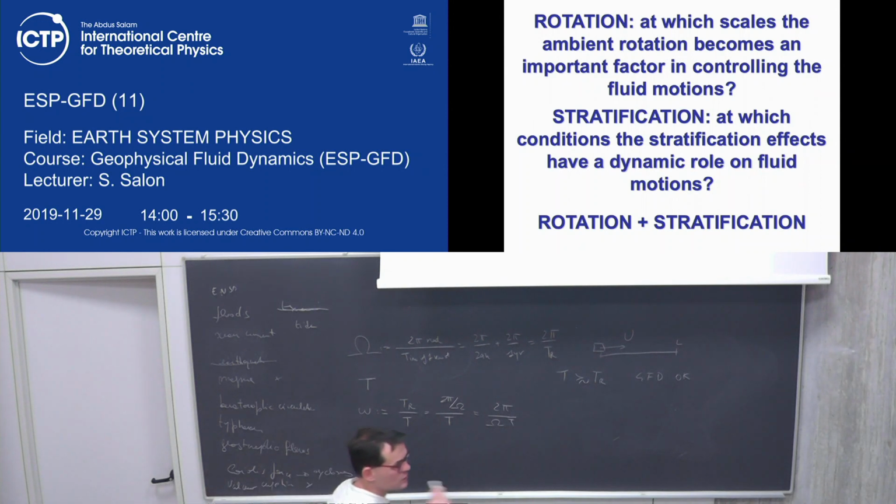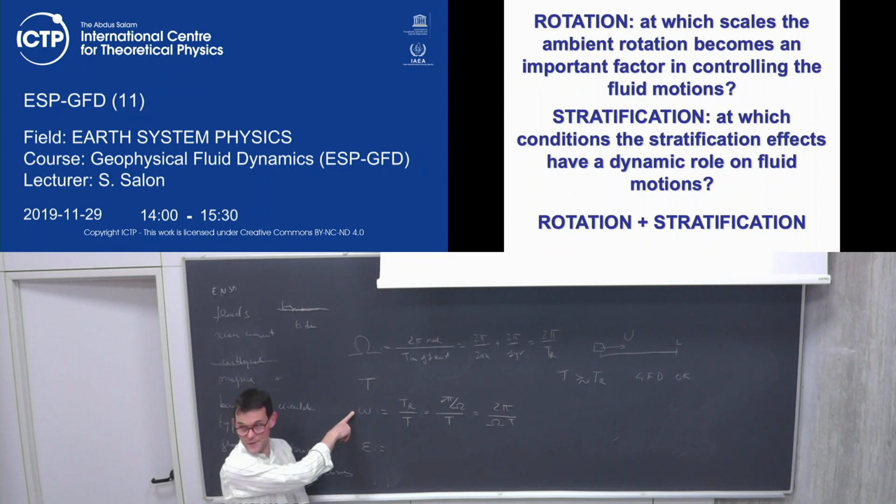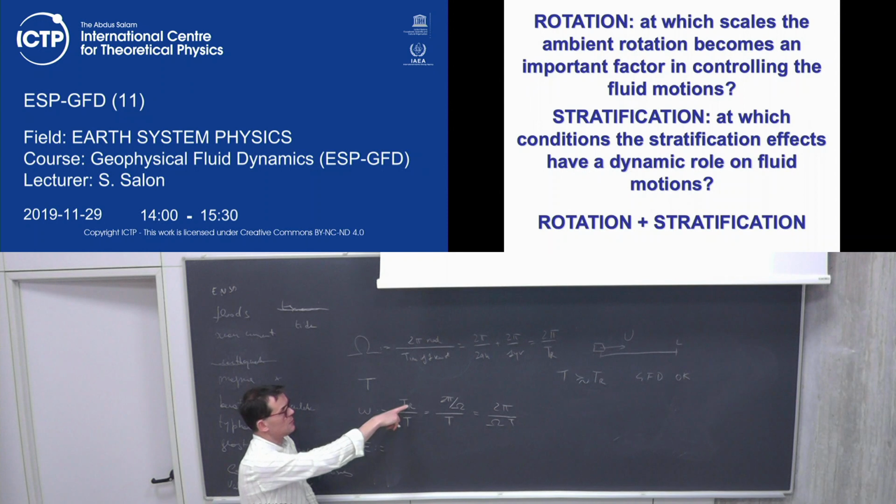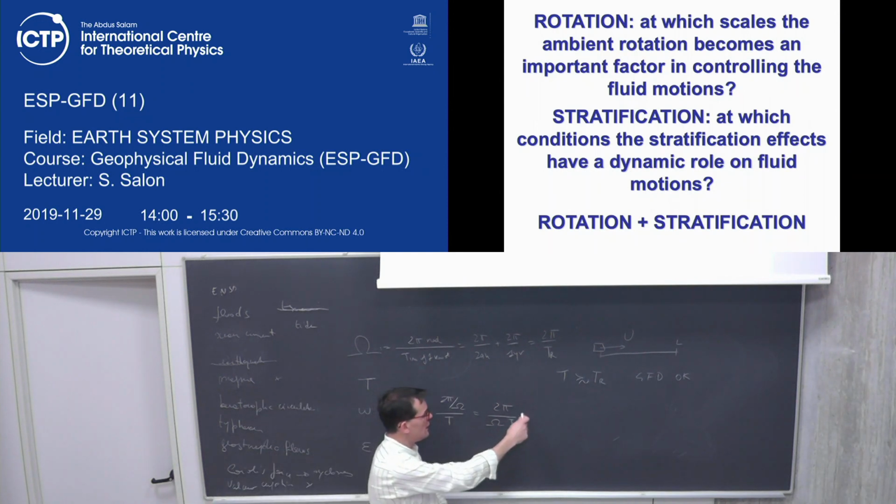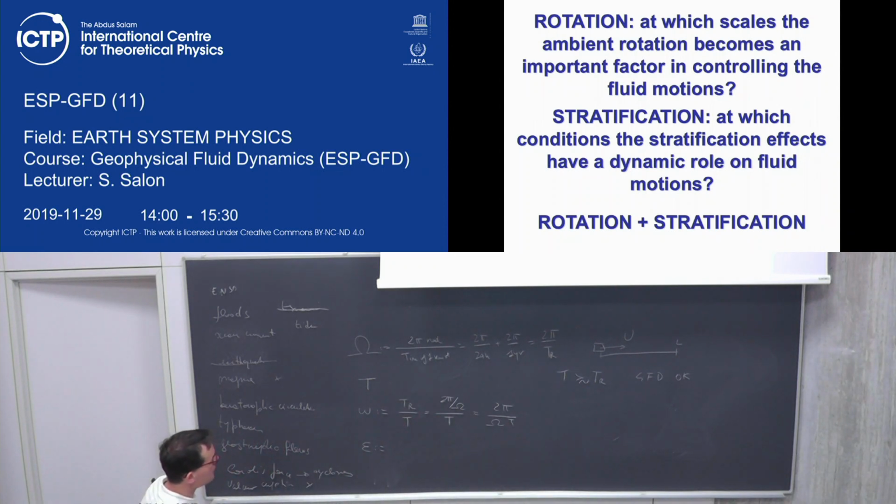Now we are thinking of a parcel which is rotating, for example in a cyclone, or moving in an ocean current, traveling over some specific length. So we can define another number. This is a dimensionless number, because you are making the ratio between two times. There is no unit of measure here, it's just a pure number. Another dimensionless number, which we will call epsilon,